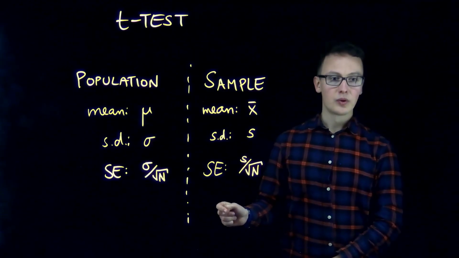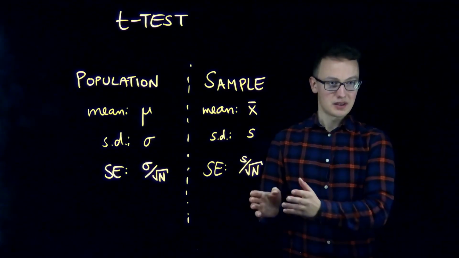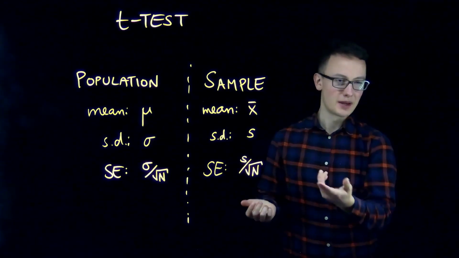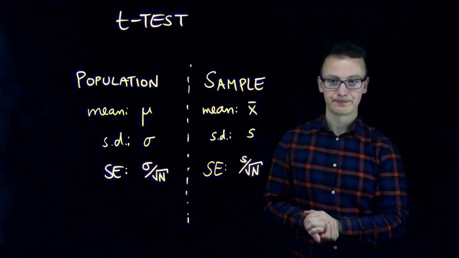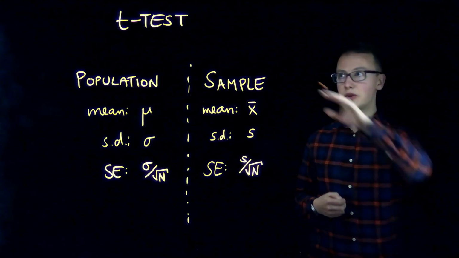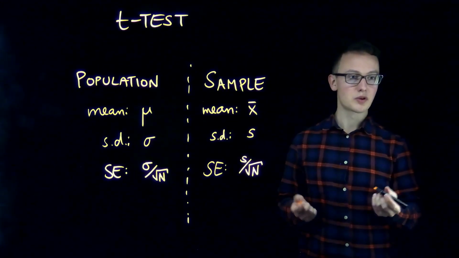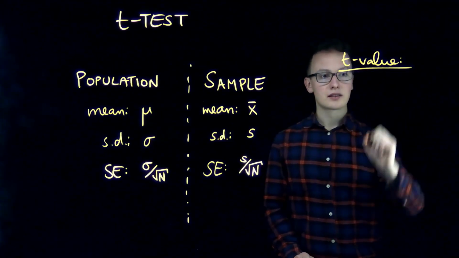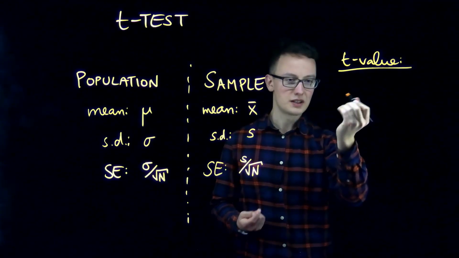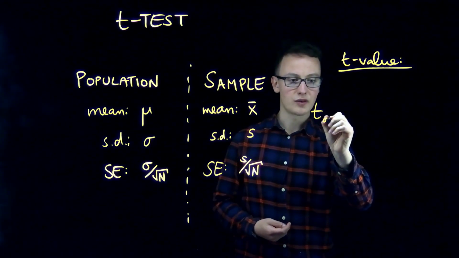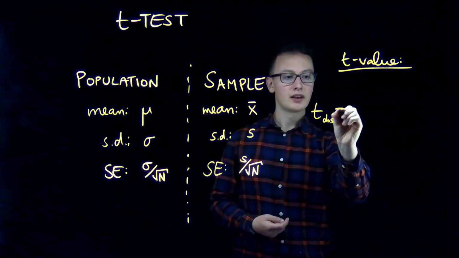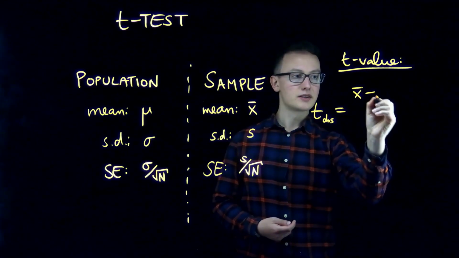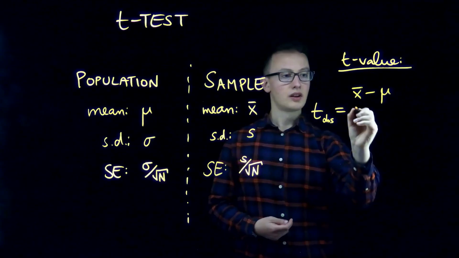But now we have to rely on just what is available to us in the sample. And that is the estimated standard deviation, which is small s. And so basically what we do then, in order to compute a t-test, is first to compute a so-called t-value. The t-value can be obtained by, so it's the observed t-value. So we're going to write t observed, OBS, and that is equal to the sample mean minus mu divided by